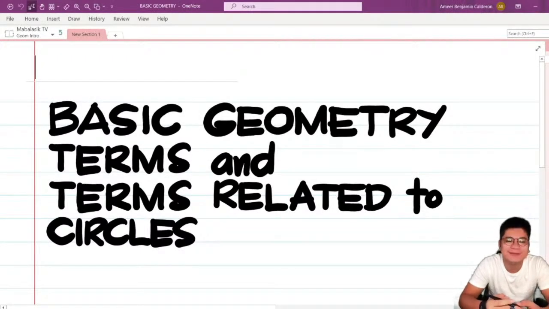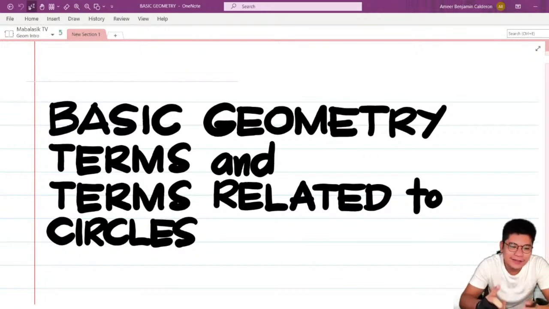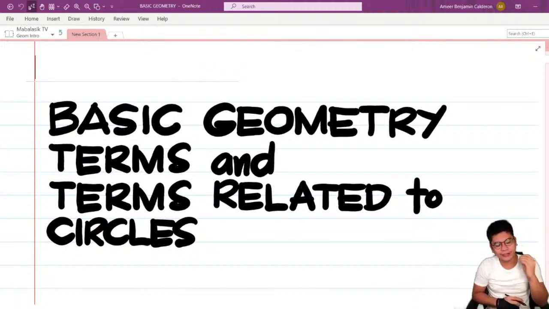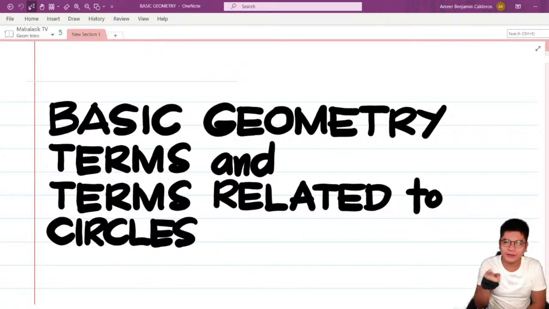Good afternoon. Since the second quarter focuses on circles, we decided to have this introductory video about definition of terms. Kasi mahirap, we are trying to understand the concept, pero hindi naman tayo familiar dun sa terms na ginagamit para ituro yung concept. So to address that gap, ang first discussion natin is about terms, just the definition of terms,